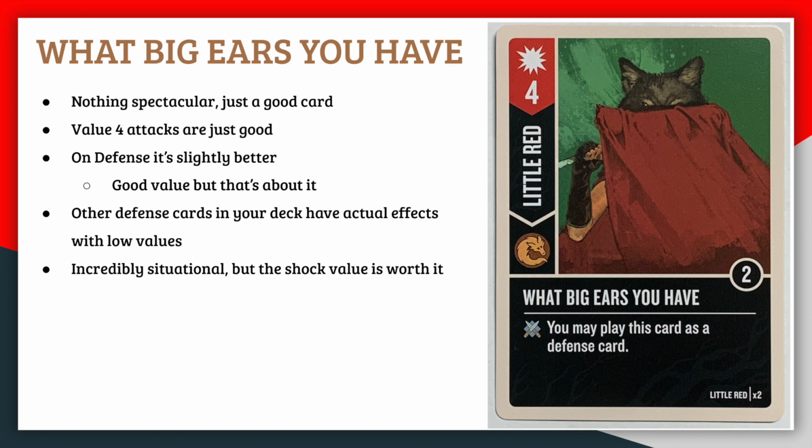It's incredibly situational for you to actually use this on defense, because only about a third of the cards in your deck actually have the knife symbol on it, so I wouldn't count on being able to play this on defense every single time you draw it, but the flexibility, although slightly limited, still is there, and 4-value on defense is pretty good. It's also amazing the first time you block with this card, your opponent sees the color red